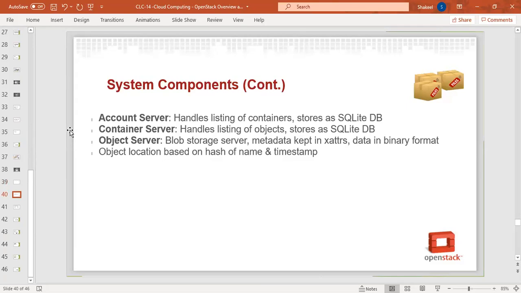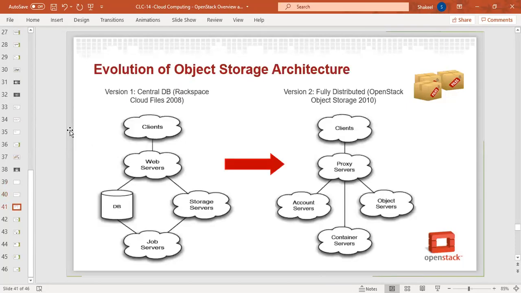Account server handles listing of containers, stored as SQLite DB, and container server handles listing of objects, stored as SQLite DB. Object server is the blob storage server, with metadata kept in extended attributes, data in binary format, and object location based on hash of name and timestamp.